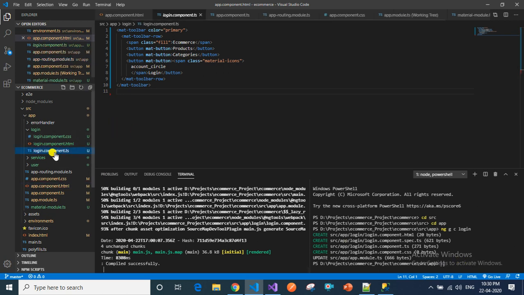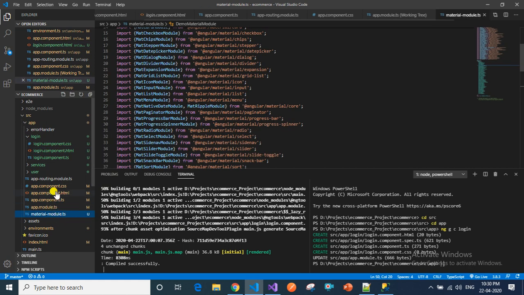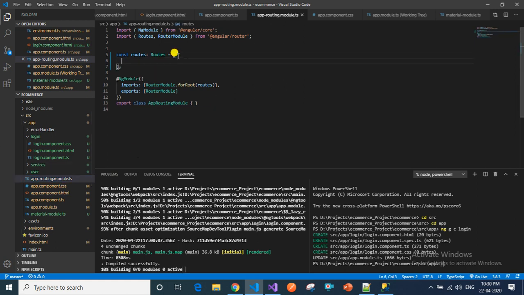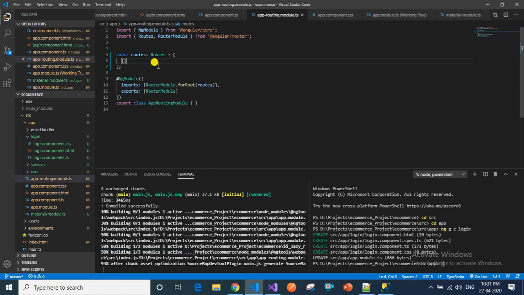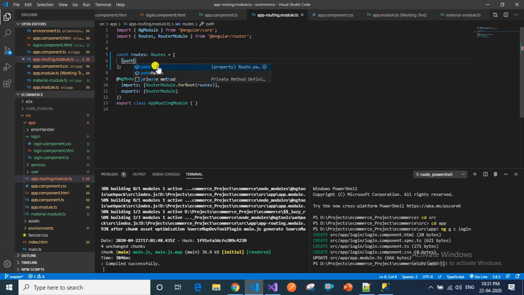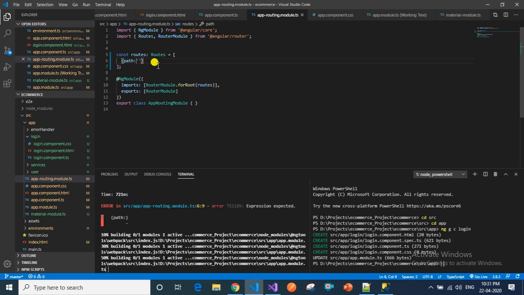So let's go to the login component here. Now we will go to the routing module.ts, and we will create a route here by using an object which has a property path.